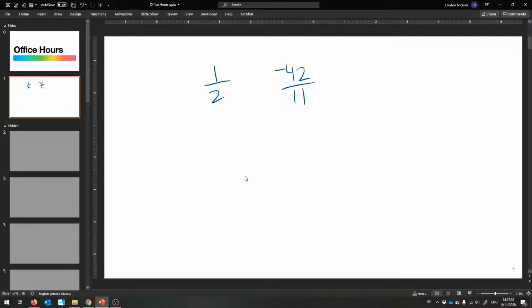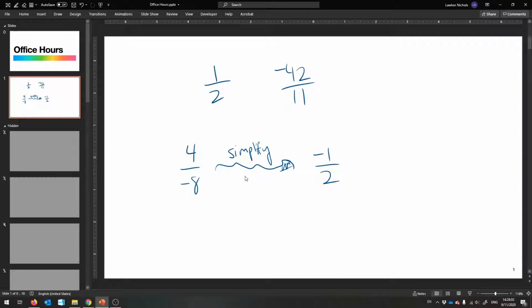So if somebody ever types in 4 over negative 8, you want to somehow magically convert that before you work with it, because it's easier, to negative 1/2. Like put the minus sign up top in the numerator, and then simplify the numerator and the denominator by some amount. And the magical amount that you use to simplify with